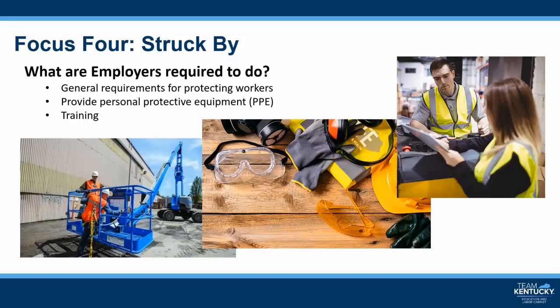Employers must provide eye and face protection when machines or operations present a face or eye injury. Employers must provide workers involved in welding operations with filter lenses or plates of proper shade number. Employers must ensure that eye, face, and head protective equipment meets the ANSI requirements. Employers must train their workers. They need to train workers in the work zone to recognize hazards associated with the use of the equipment and